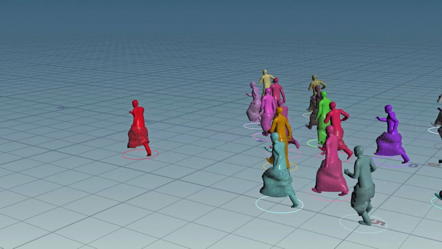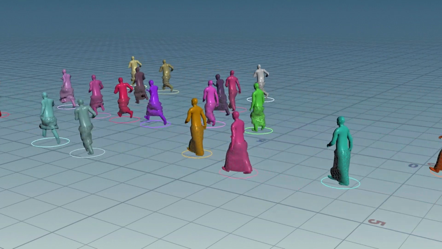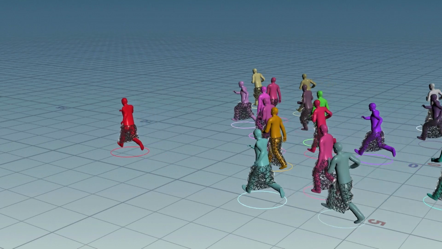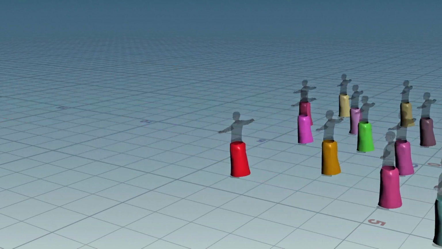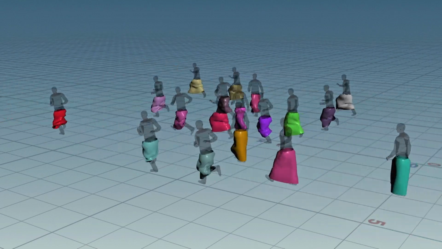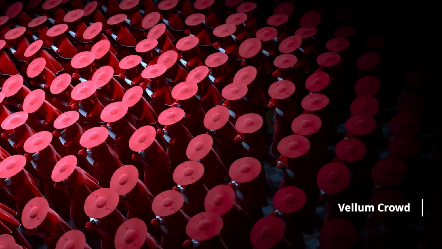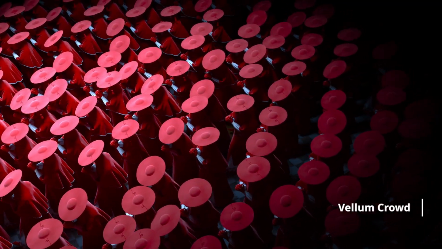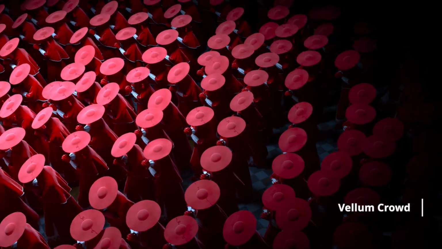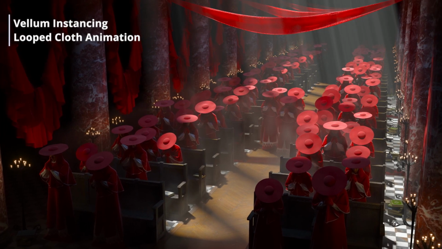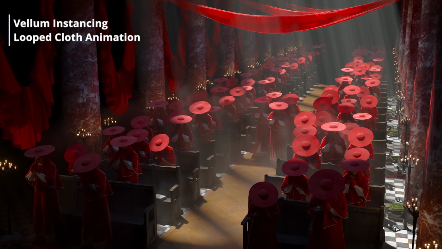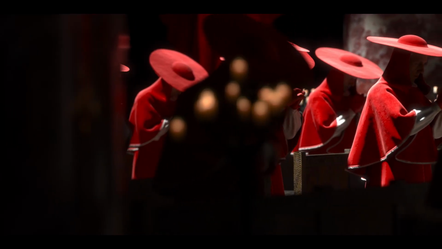In this tutorial, I will showcase the concept of applying a Vellum setup to a crowd, and how to have as little warm-up frames as possible, while randomizing the clip times of each agent. I used those tricks to make this Assassin's Creed inspired shot for my demo reel, and without the level of optimization I will showcase, it would have been quite challenging to simulate this much character effects on a consumer-grade computer